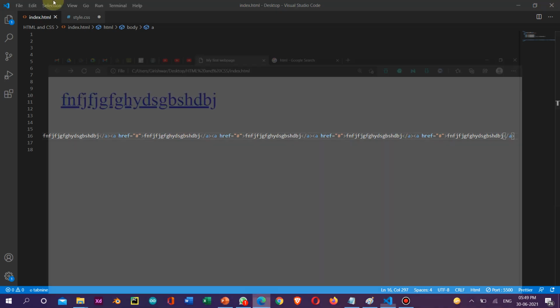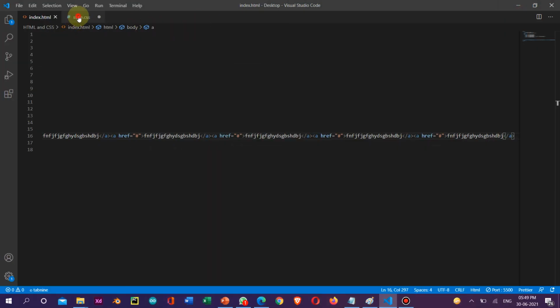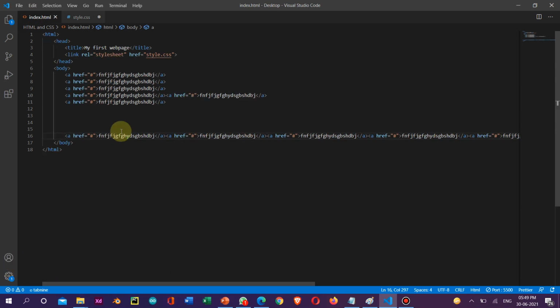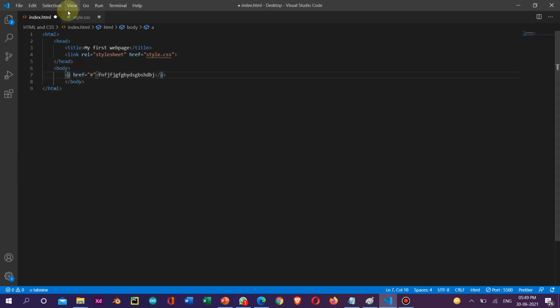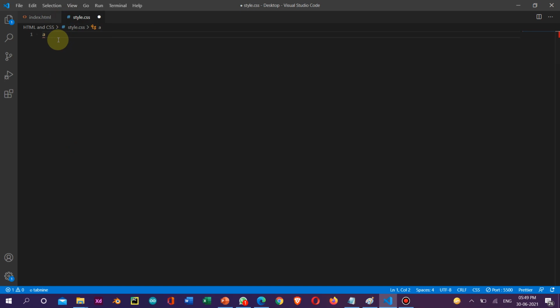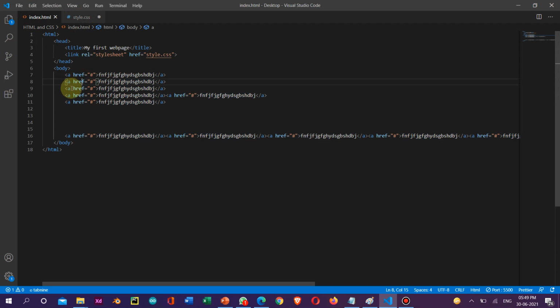Okay, I'm saving it. Yeah, you can see many here. You don't want to give this class for everything and write the same code in CSS again for all these a's. So what you can do is simply take this a. That means it is calling all the links here, and text decoration is